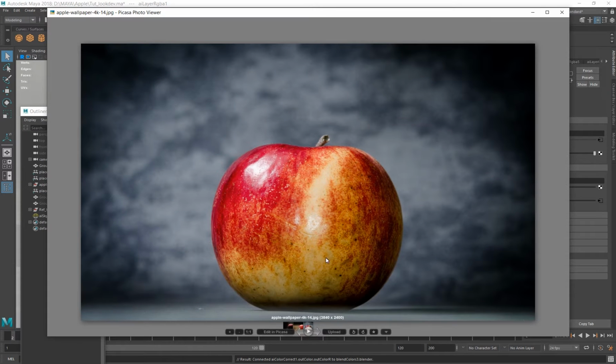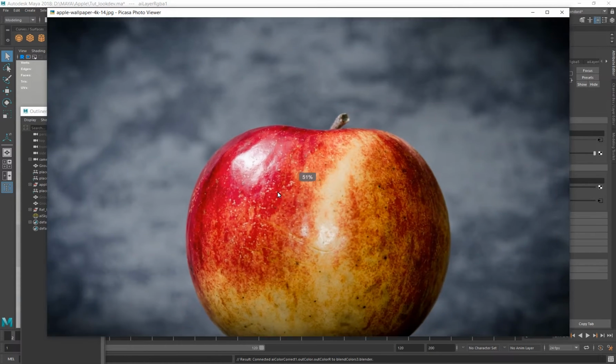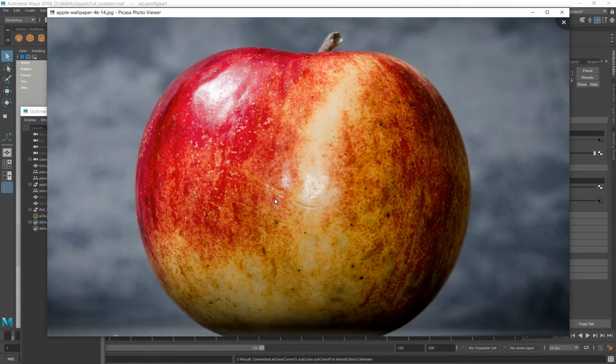For example, let's say I created a noise or a fractal and created this variation on these two colors, and maybe I have seen that the specular roughness on the red part is more glossy than the yellow part.